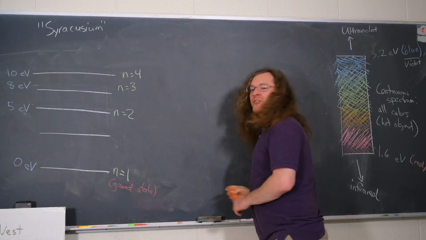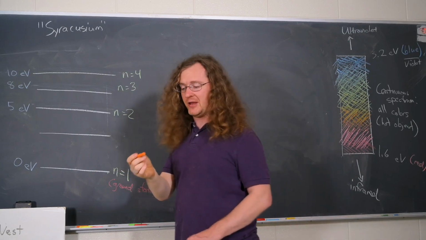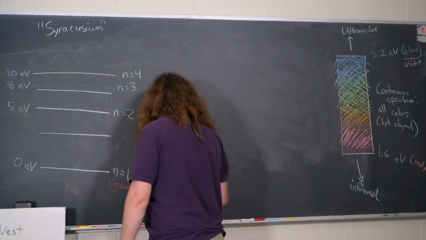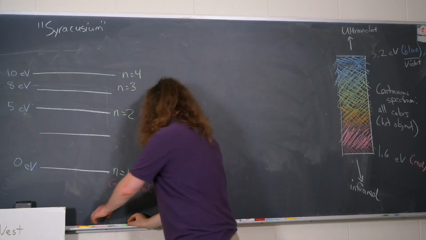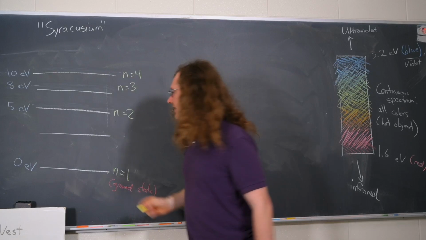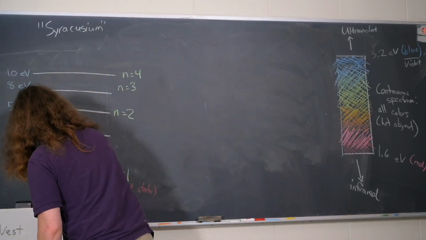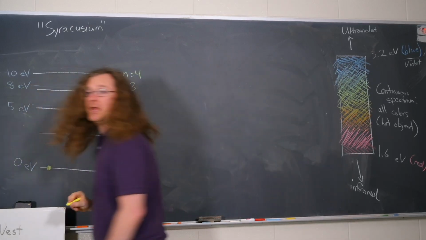So now let's think about what the electrons in it can do. Suppose I have an electron, we'll draw them in, we'll use yellow. If I've got an electron down here at the bottom, in the ground state,